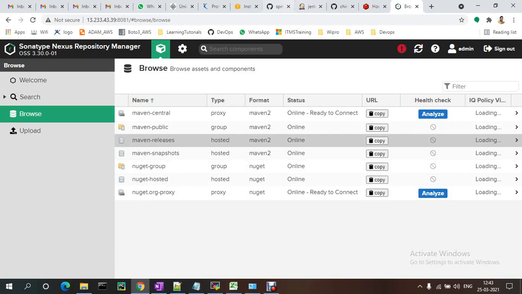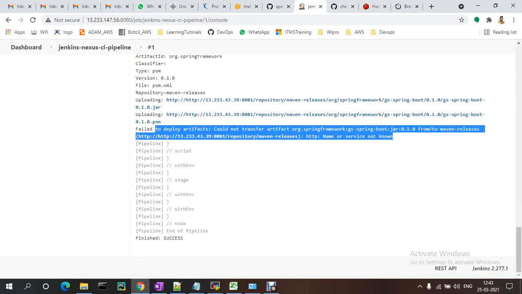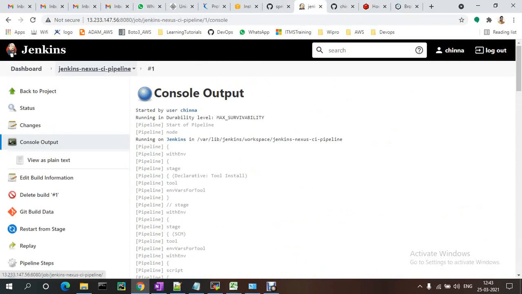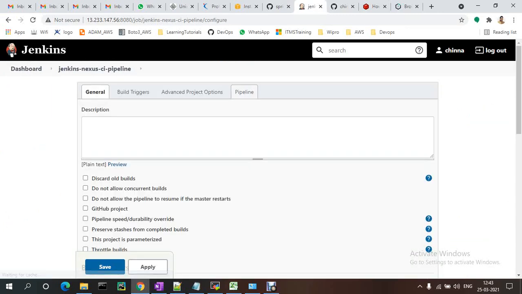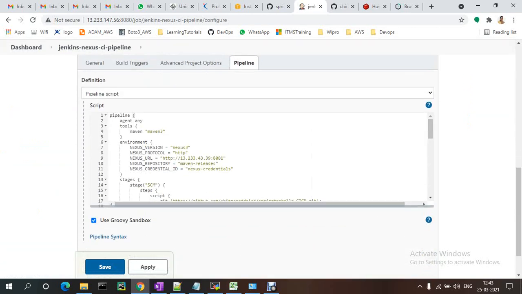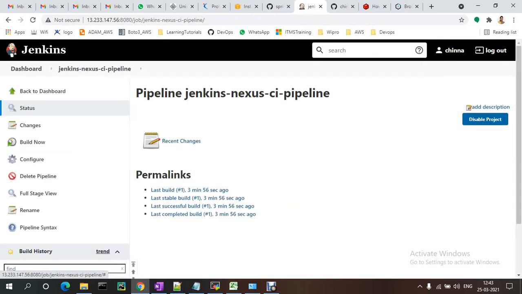Okay. Actually got the issue like we already under Jenkins file, protocol already we have mentioned, right? Again we gave that HTTP, might be that is the issue. Let me check that one. So we just removed this one, only that already HTTP is there, right? So just apply, save. Let me build now.